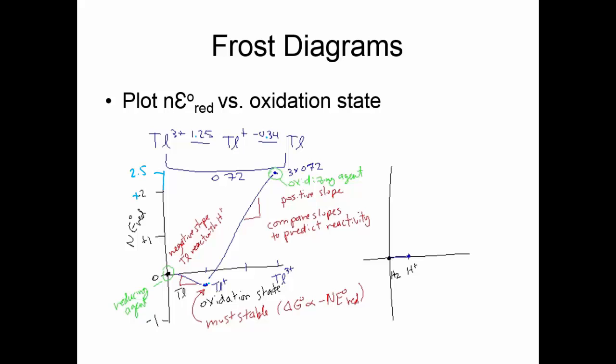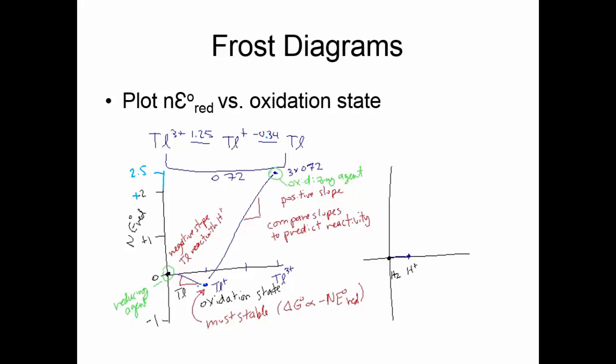Now we connect the dots with these lines, and we see there's a negative slope here going from 0 to +1. And then there's a big positive slope going from +1 to +3. This will react to form thallium plus ion. This is going to be the most stable because the slope is negative here,